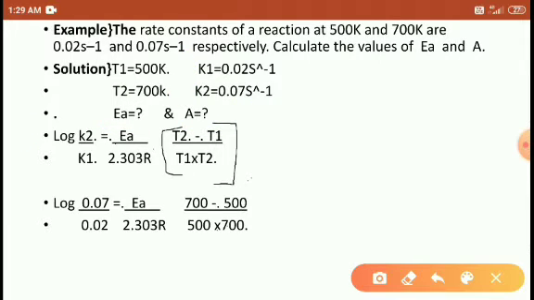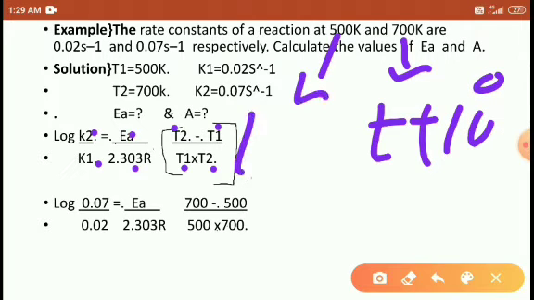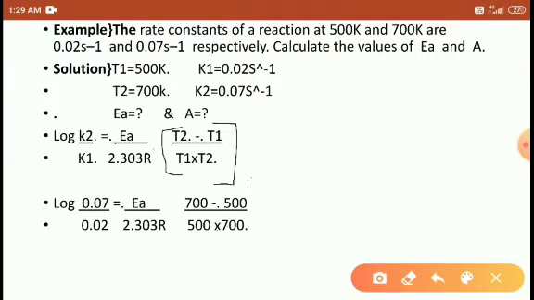So we have to write the Arrhenius equation in terms of the change in temperature: log K2 by K1 is equal to Ea by 2.303 R into (T2 minus T1) by T1 into T2. We are comparing two reactions with different temperatures, the first initial temperature and the next one. Think of it as temperature T plus 10 degrees Celsius and only T, right, students? That's why we introduced this formula yesterday.